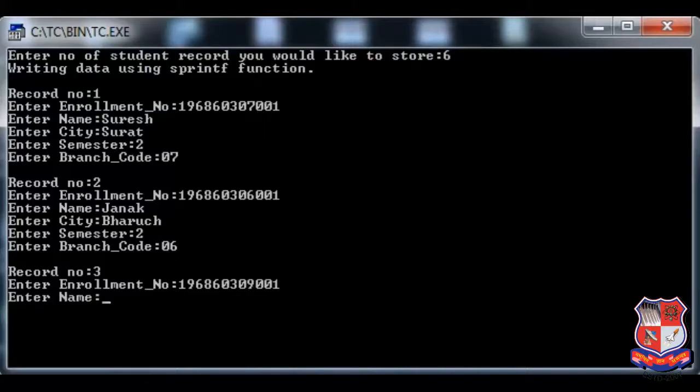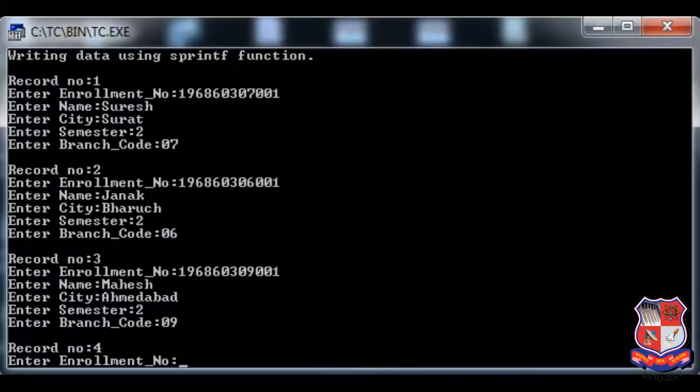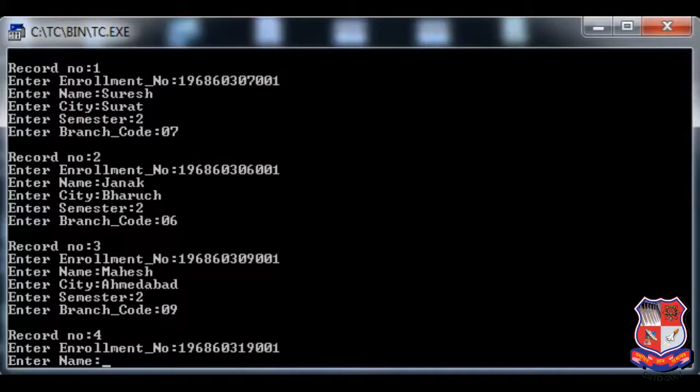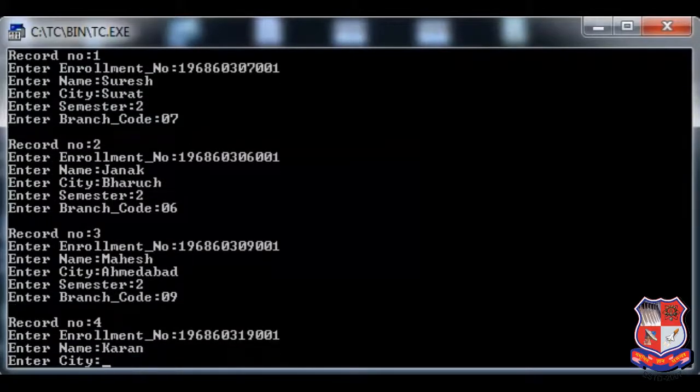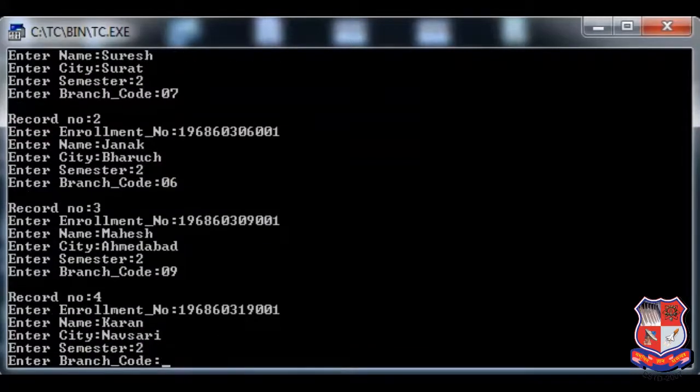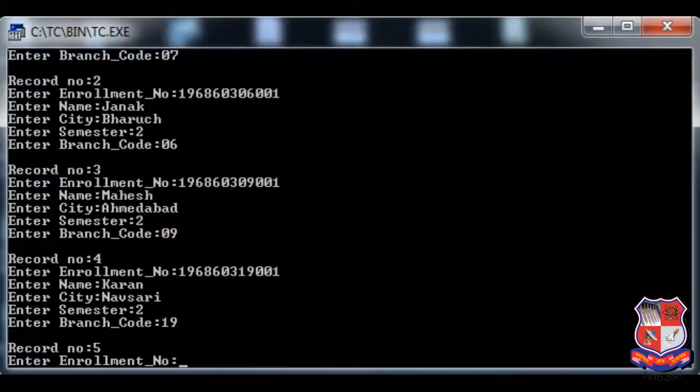1968603090001, Mahesh, Ahmedabad, semester number 2 and branch code 09. Fourth record, 1968603190001, Karan, city Navsari, semester number 2, branch code 19,